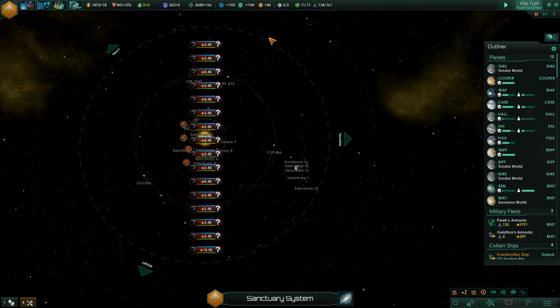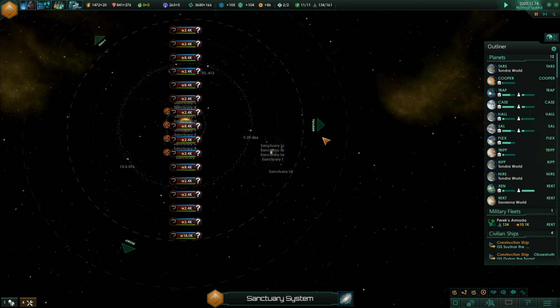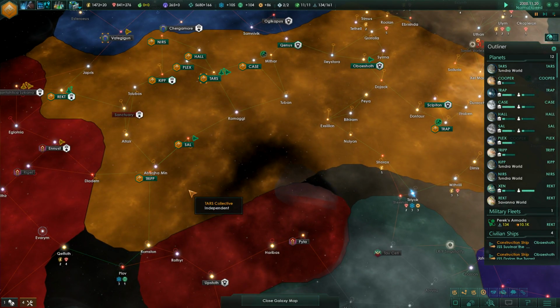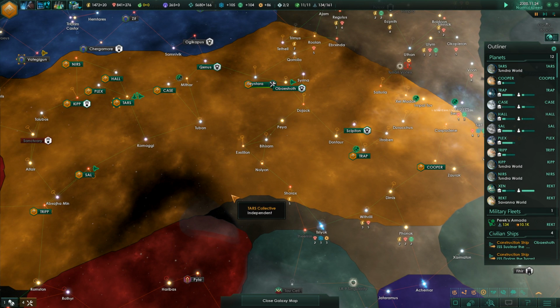In the meantime, we got 86 engineering research, which is not enough. It's not going to do us all that much good. So what we need to do with this is we need to increase our engineering research somehow. Now, our midterm goal is to start production on a Dyson Sphere. Now, with a Dyson Sphere, we'll be able to generate 1,000 energy a month. That means that we can trade that 1,000 energy a month